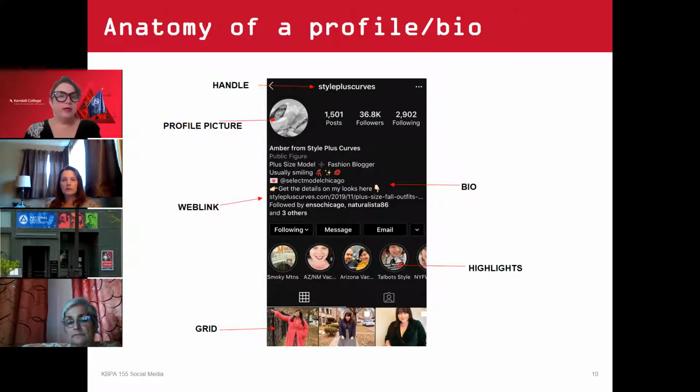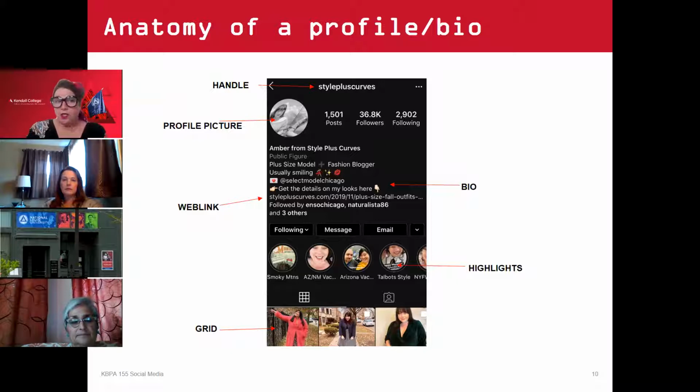Definitely you want to look for a handle that's going to be something easily memorable and not difficult to spell. Putting tricky spellings and things makes it harder for people to find you. So then your profile picture, you definitely want to make sure it's something that's easy to see, that it's identifiable. If you're doing something for a business, maybe it's something very graphic. If you're doing something that's all about food, maybe it's not going to be a picture of a person, maybe it's going to be a baked good or a dish or something like that. But you want to make sure that it's bright, clear, enough exposure, something that you can really read and understand.